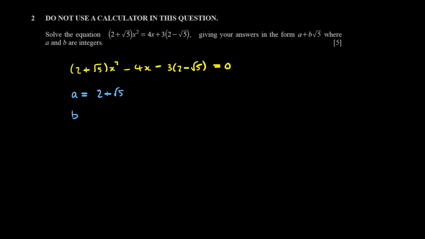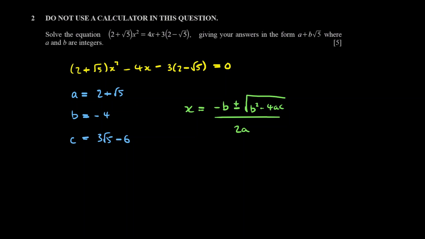Our b is equal to -4, and our c is equal to -3 times (2 minus root 5). I'm just going to rearrange that a little bit and write it as 3 root 5 minus 6. Now, in order to solve this, we've got to use the quadratic formula. For those of you who've forgotten it, that is this: x is equal to minus b plus or minus the square root of b squared minus 4ac, all divided through